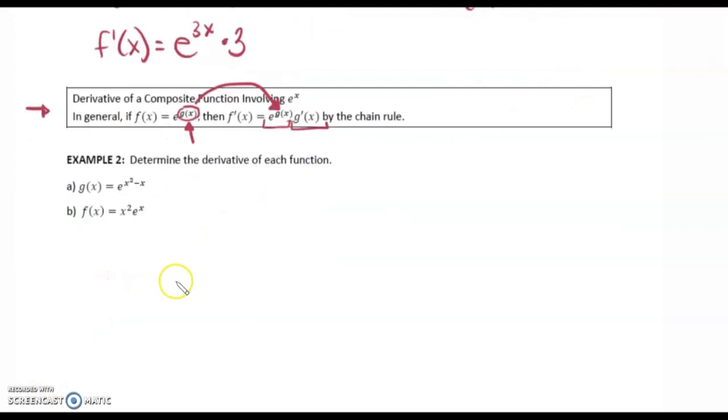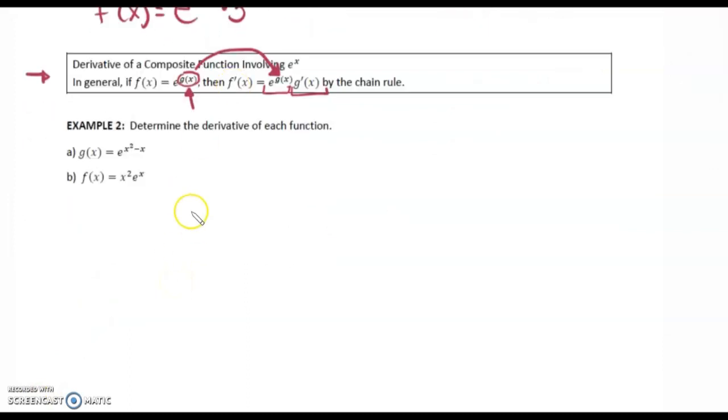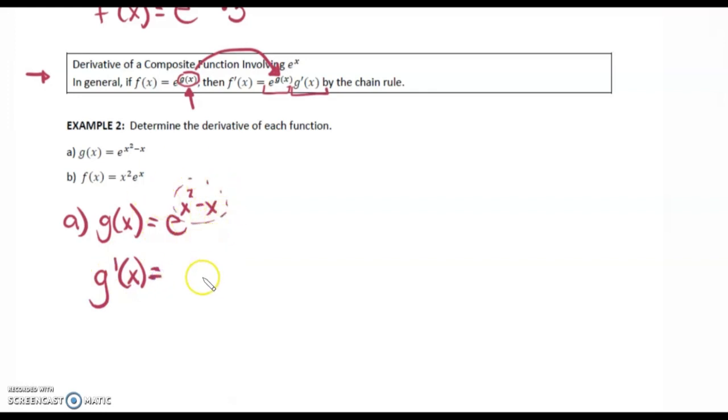Okay, so determine the derivative of each function. This is example 2. Let's start with A. I'm going to just rewrite this: g(x) = x^2 - x. So this here is our secondary function. So g'(x) equals, we're going to write this entire term as it is. As soon as you see that the base is e, just rewrite it: e^(x^2 - x)